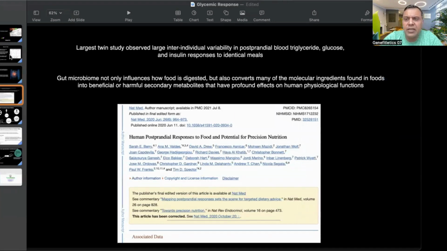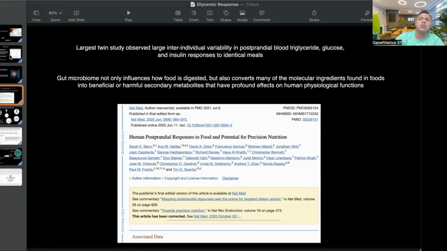That's again a research paper which shows that, so this research was done on 1002 twins, right? And if we go by genetic theory, or if we go by the GI model, every individual would respond to this food in the same way. So this research found that even twins responded to food differently. The postprandial glycemic response of the food was entirely different between twins, right? So essentially, this is one of the research papers which was published in 2020, right? I'll share the link. Probably if you want, you can even have a look at it, right?